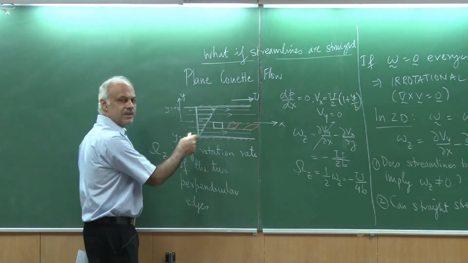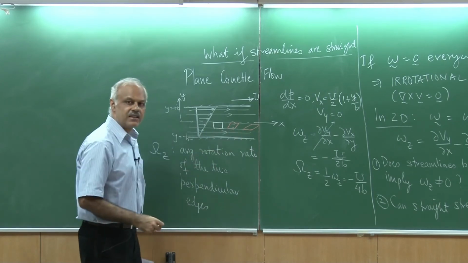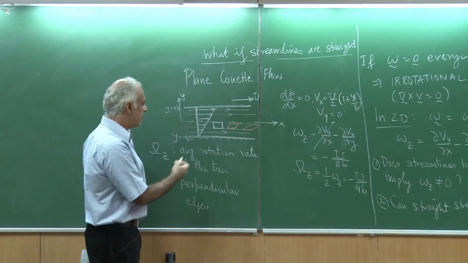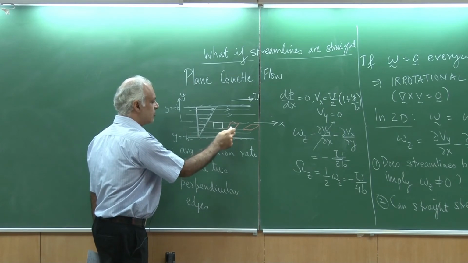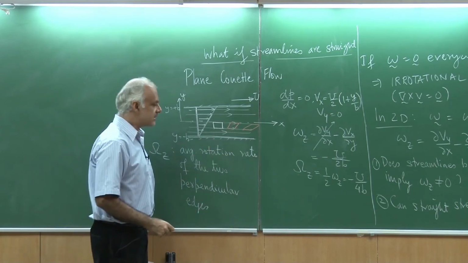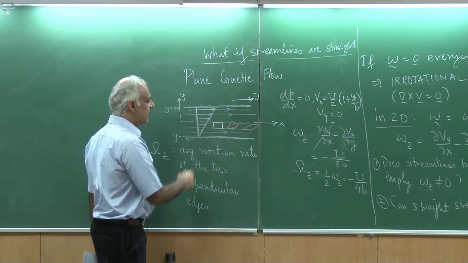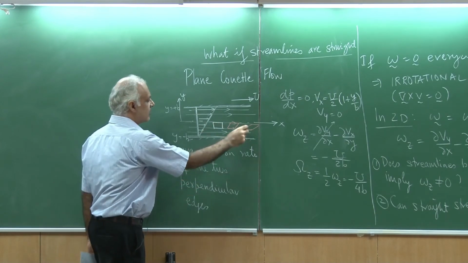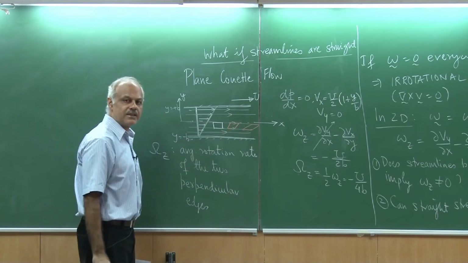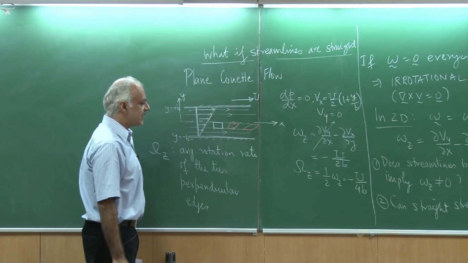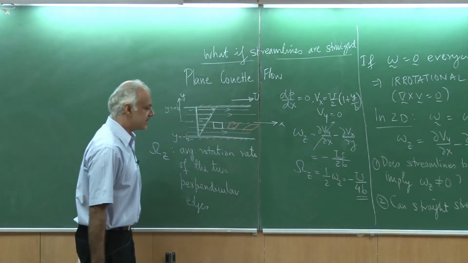So in this very special example, you will find that the lower edge does not rotate simply because of the way I have chosen the element. It is aligned with the x axis, so this edge just stays aligned with the x axis. But the edge which was initially aligned with the y axis rotates, and therefore the average rotation of this element is in the clockwise direction, and in terms of the quantitative analysis, this is what it is.